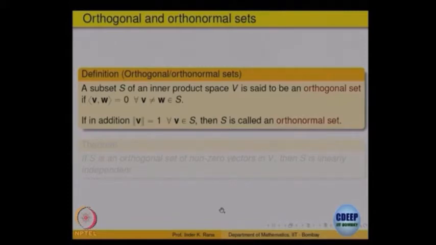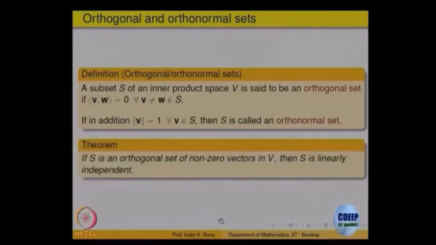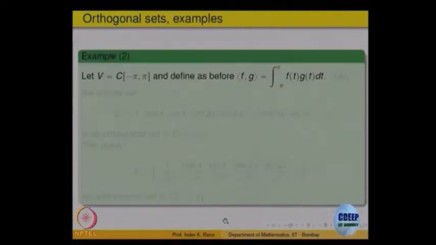Okay. So, the same theorem works here also, with the same proof: if a set of vectors is orthogonal, then it is also linearly independent. Same proof which was there earlier, no change at all, right. So, we will not go to the proof again. So, the same proof works.